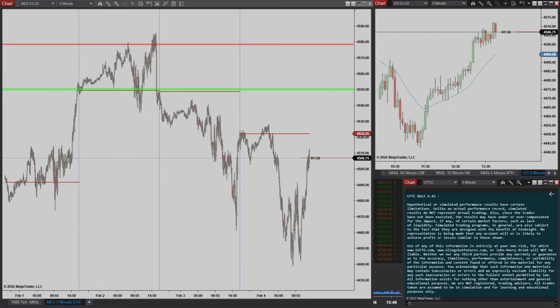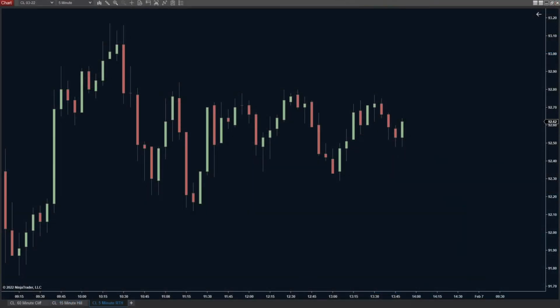Let's take a look at some examples here in gaining perspective and how that could be a huge game changer. A really good example of this would be something when you get really, really close to the market. Now, here's a chart of crude oil at the moment, and this thing just looks like an absolute sideways train wreck.